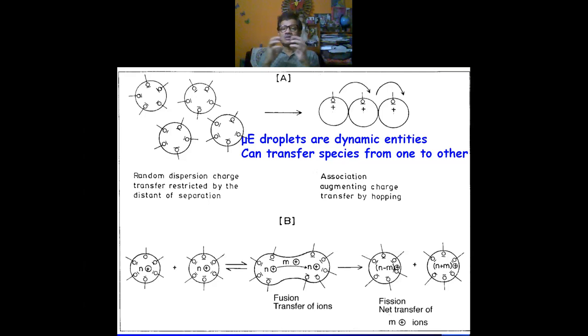দুটো mechanism কি? The charge can be carried by hopping mechanism, means কতগুলো microemulsion droplet পাশাপাশি বসলো, তারপরে চার্জটা লাফিয়ে একটা থেকে আরেকটা থেকে হপিং করে বেরিয়ে গেল, অথবা two microemulsion droplets, they can fuse together. There would be mass transfer, fusion, transfer of ions or mass, and again they will undergo fission. So charge can be carried out.